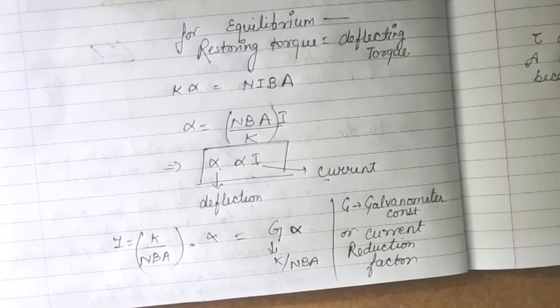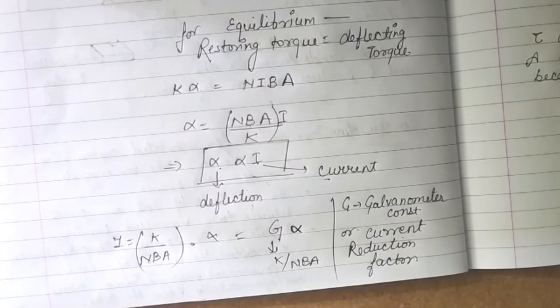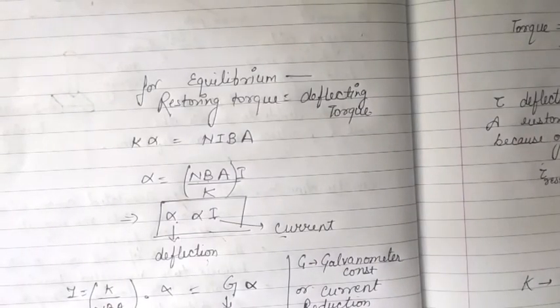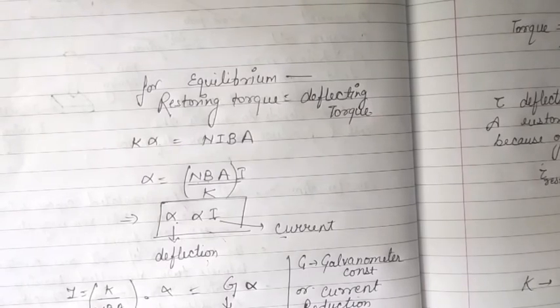So this was about the moving coil galvanometer, how it works, what its principle was, and how it is constructed. In the next video, which will be part 2 of this moving coil galvanometer, we will study its figure of merit, sensitivity, and how we can convert a galvanometer into a voltmeter or ammeter. We continue this discussion in part 2 of this video, where we will study the figure of merit of a galvanometer, sensitivity of a galvanometer, its advantages, disadvantages, and how we can convert a galvanometer into a voltmeter or an ammeter. So for that video, keep studying and stay tuned. Thank you.